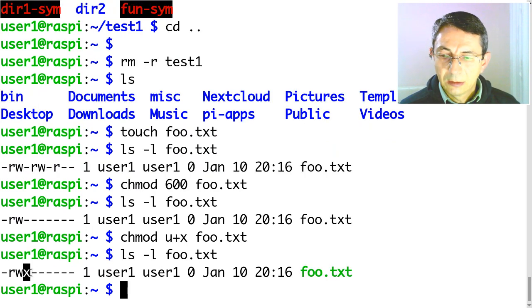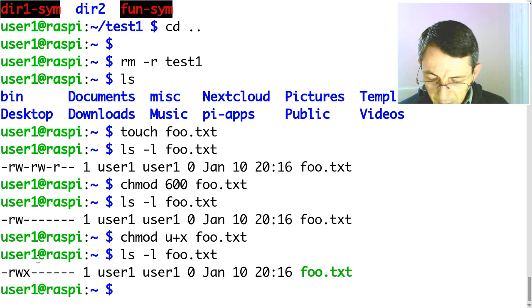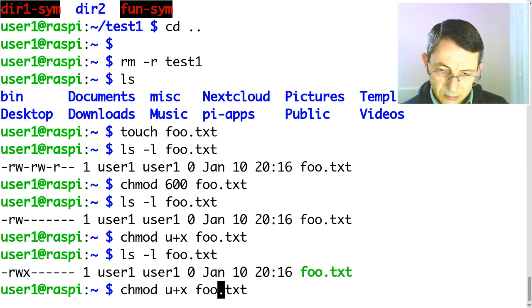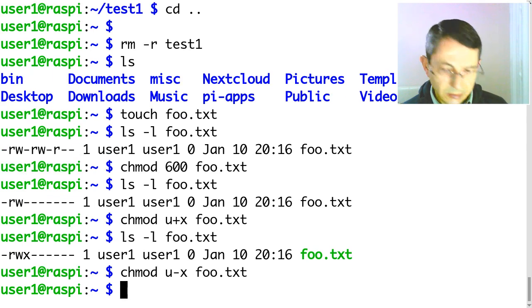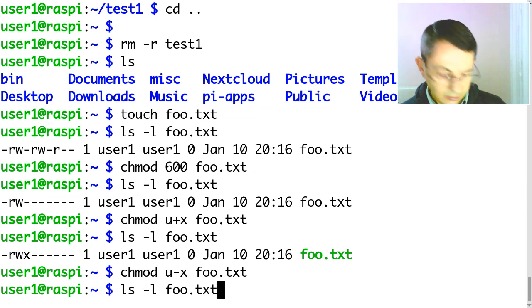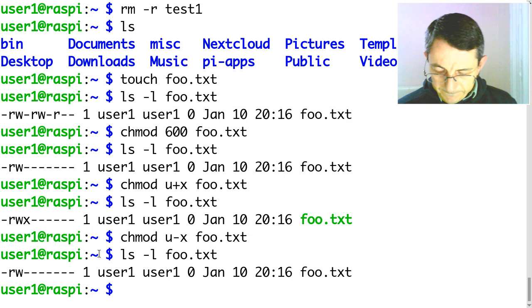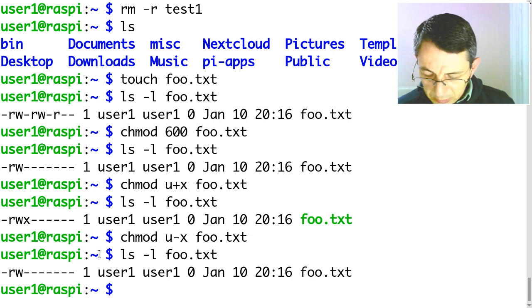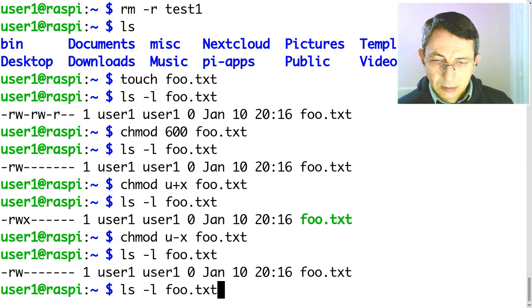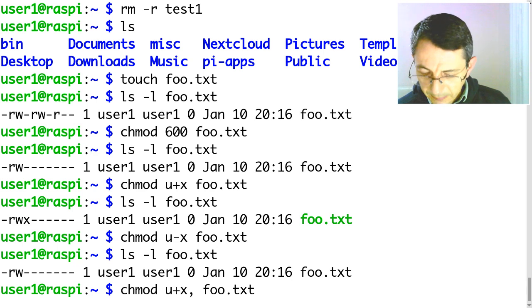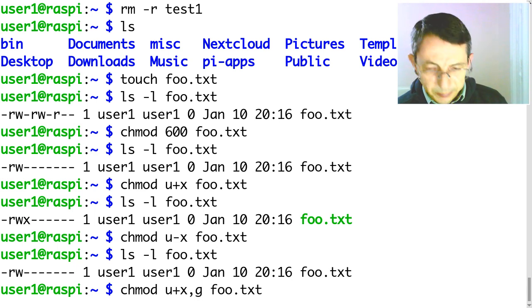So it is adding the X permission to the user or to the owner. And I can also remove a permission with minus. So u minus X means remove the permission X from the user or the owner. I can also do something like this: user plus X, comma, then group and others